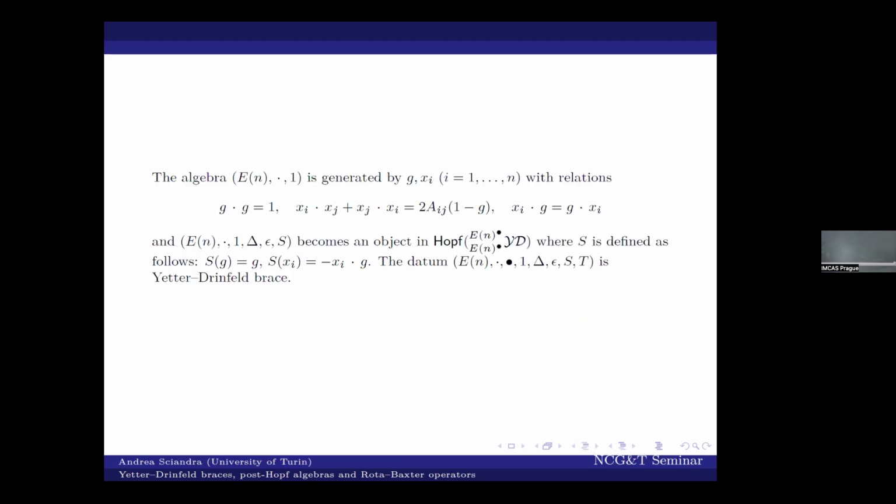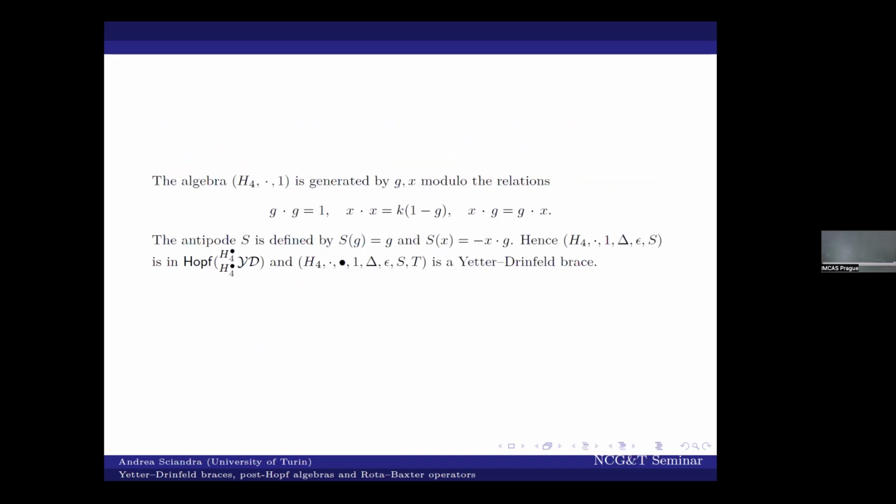And again, we can define a new algebra structure generated by this g and x with this relation. So as before, g squared remains equal to 1, while xi and g commute as before for the Swidler. While for the Swidler, we recall that we have this new relation here, that x squared is k(1 minus g),